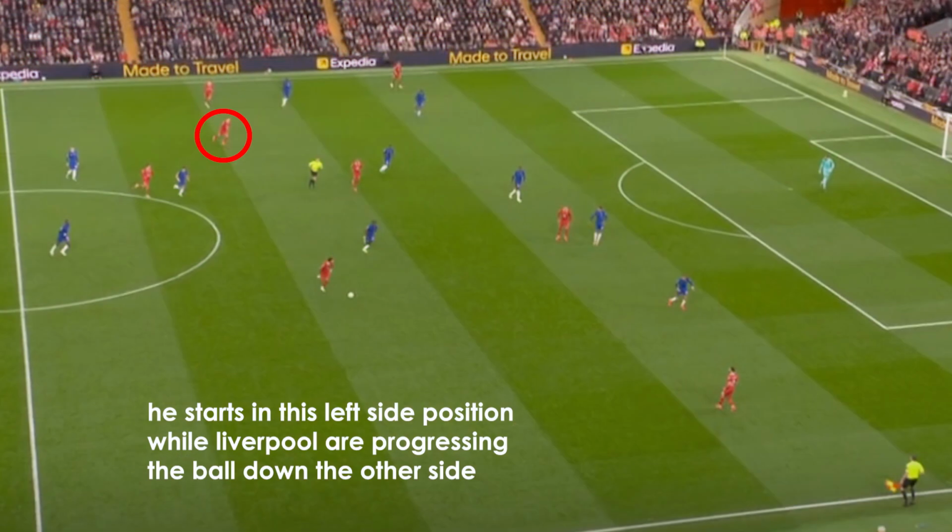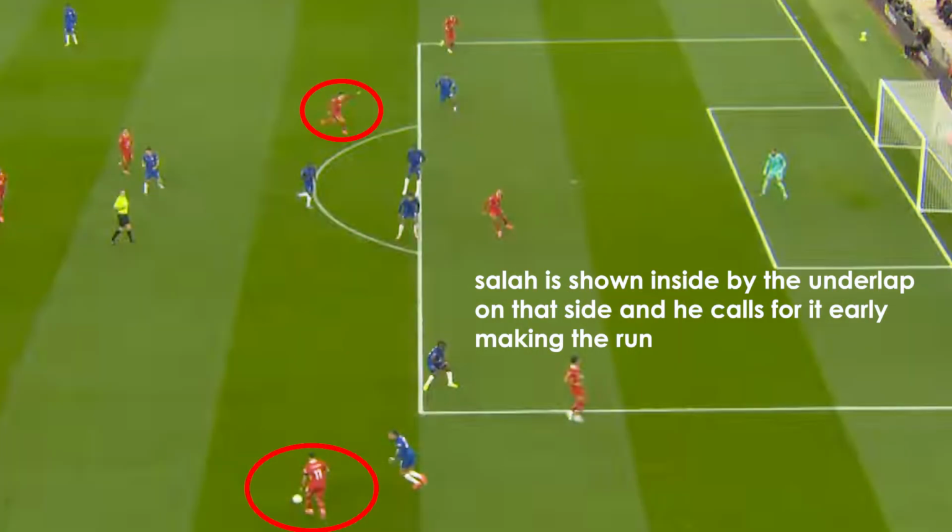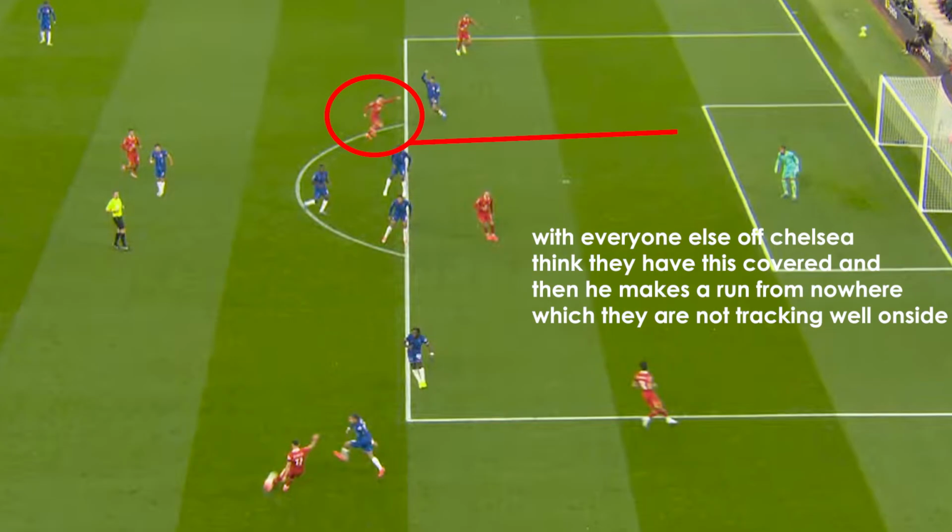And the last really major action has to be the winner that he scored, and yet again, this time he's not overlapping anyone. He's actually underlapping the winger on his left side, this time being Gakpo. He makes those late runs into midfield. Now, I've seen him make them quite a lot over his career for Liverpool. There's definitely been an incentive under Arne Slot to do it even more, because he is actually really good at timing his runs late into the box and can get on the end of these brilliant balls by Salah,